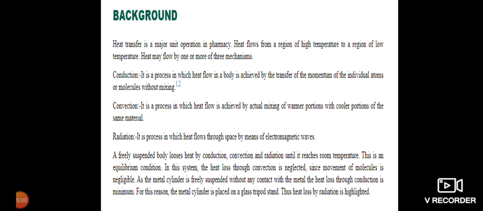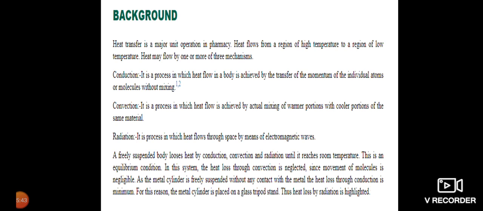After going through these three things, our practical aim is to find out the radiation constant. Means what? We are going to study only radiation. Now the question comes, why not conduction and convection? Because in conduction the heat flows from one object to another by means of touch. But in our case and in actual case, the metal or iron or glass is not touched with anyone. So at that time the loss due to conduction is very minimum, or we can neglect it.